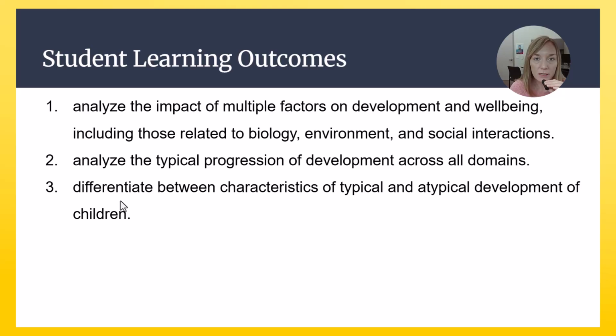So, what are we looking at learning this week? Our student learning outcomes really remain the same. The difference is that we take pieces off of them. We've learned about infant toddler and early childhood, and now we're applying the student learning outcomes to mid childhood. So really looking at social emotional development, what does that look like? How do all of these things influence it? How do biology and environment and social interactions influence social development for mid childhood? Understanding typical progression across social emotional development for mid childhood, and knowing what typical and atypical development will look like for mid childhood social emotional development.